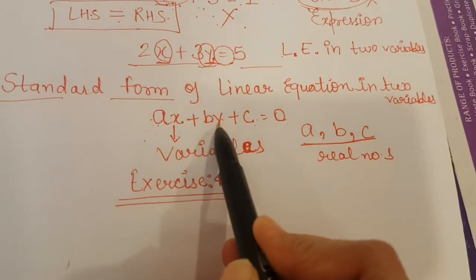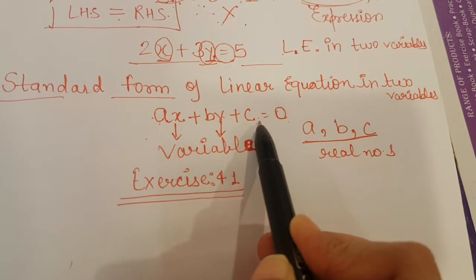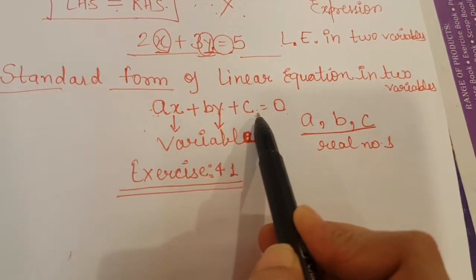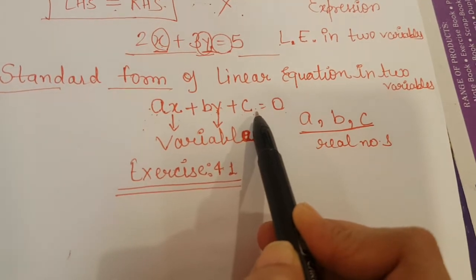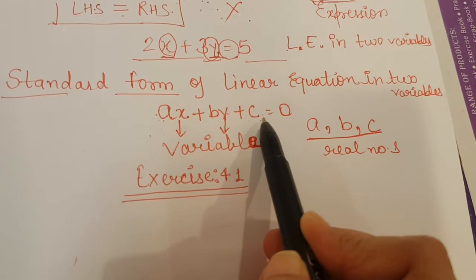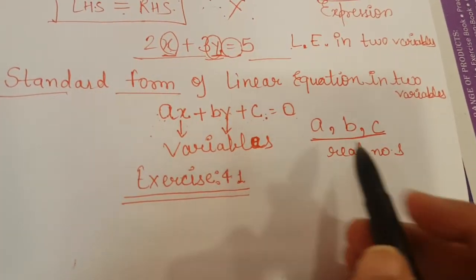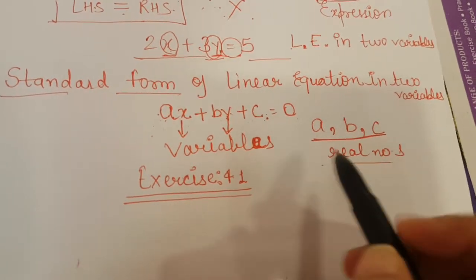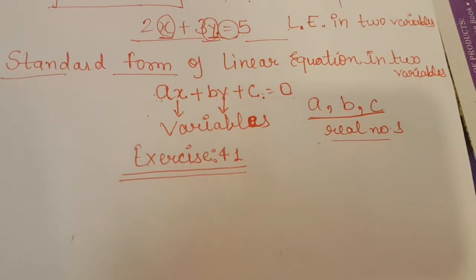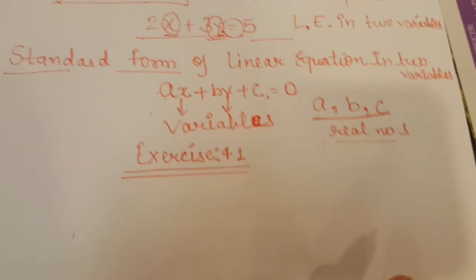पॉजिटिव नंबर्स भी हो सकते हैं, नेगेटिव नंबर्स भी हो सकते हैं, फ्रैक्शंस भी हो सकता है, ओके, और नॉन टर्मिनेटिंग रिकरिंग भी हो सकते हैं, मीन्स रैशनल नंबर भी हो सकते हैं. ठीक है, एक्सेप्ट इरेशनल नंबर्स, नहीं इरेशनल नंबर्स भी हो सकते हैं. Yes, all numbers, because we are talking about the real numbers where a, b and c are real numbers. Fine. So this is the standard form of linear equation in two variables.